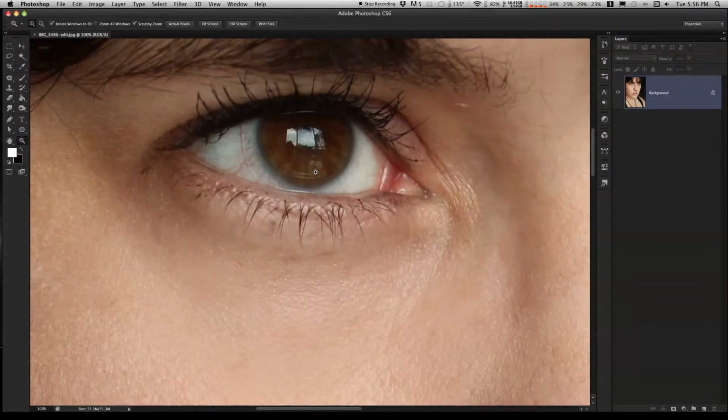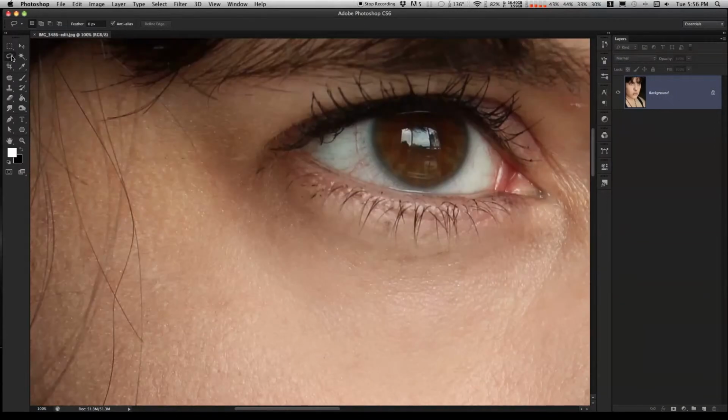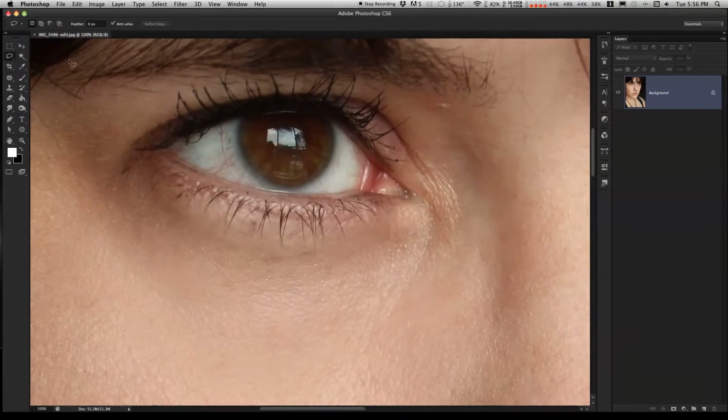difficult to replicate in Photoshop unless you're a very talented digital painter. But because we're just going to use this reflection as is, it'll make our job a little bit easier. So the next thing we're going to do is go to our Lasso tool. Now you could use the regular Lasso tool or polygonal, whichever you prefer is fine. I'm going to use just the regular Lasso tool, and we're going to select out, give a bit of space